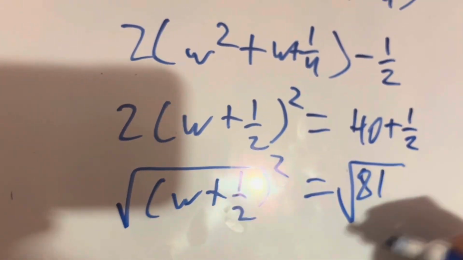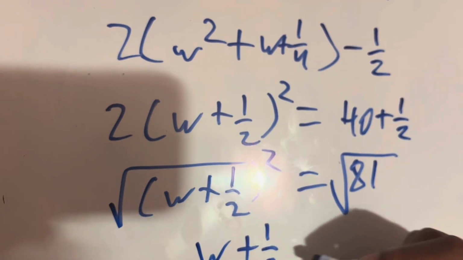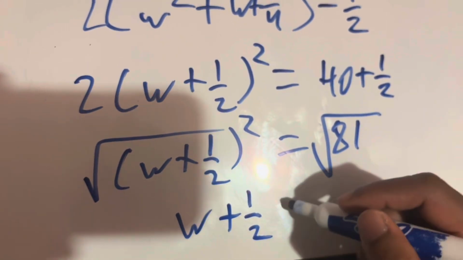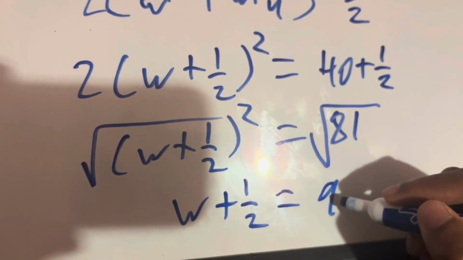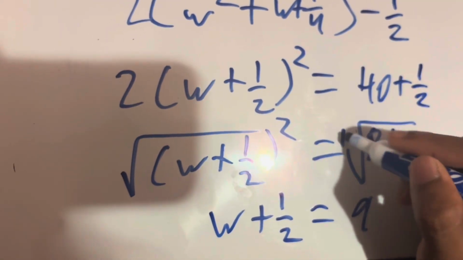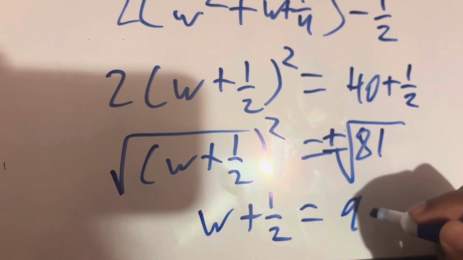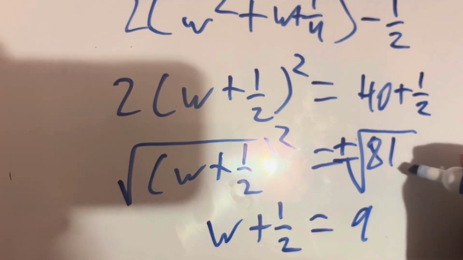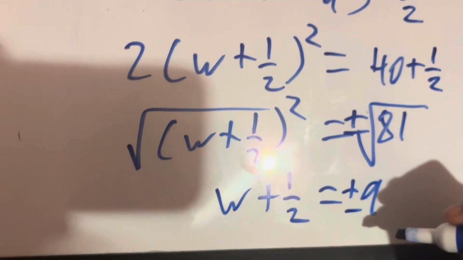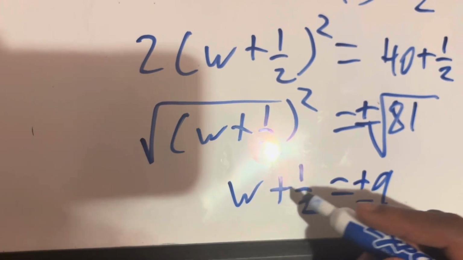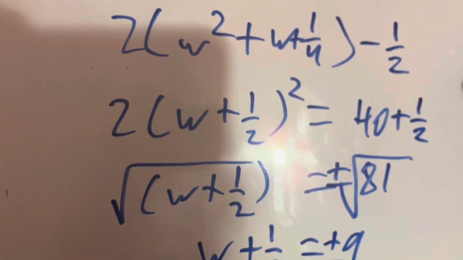And then boom, that squared's gone, and you just have w plus 1/2, right? And you see here how this is a perfect square, which is pretty convenient, so we can just write that as 9. And also, make sure to have plus or minus. I almost forgot about that. Because look, -9 squared is equal to 81, and 9 squared is equal to 81, so it can be either or, right? Now, we would just want to bring this over to here, so w is going to be equal